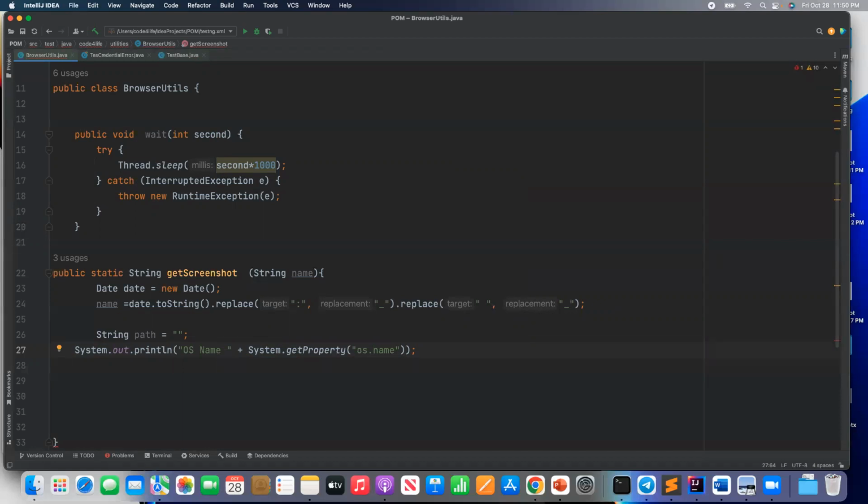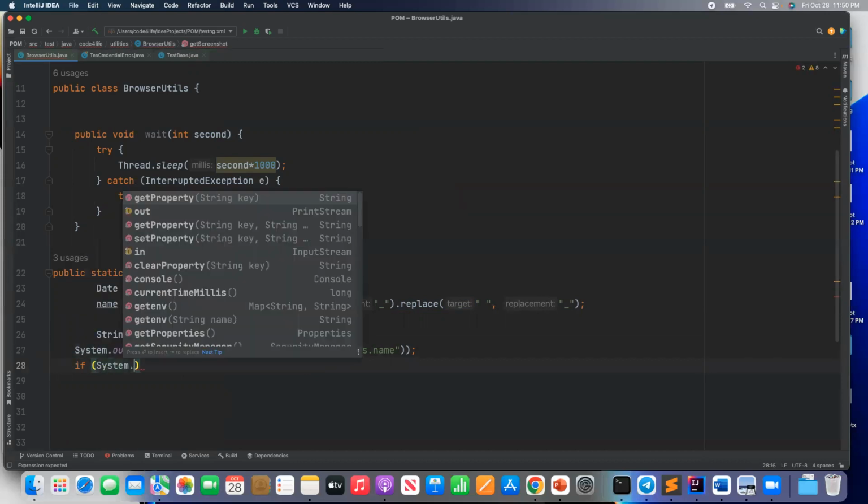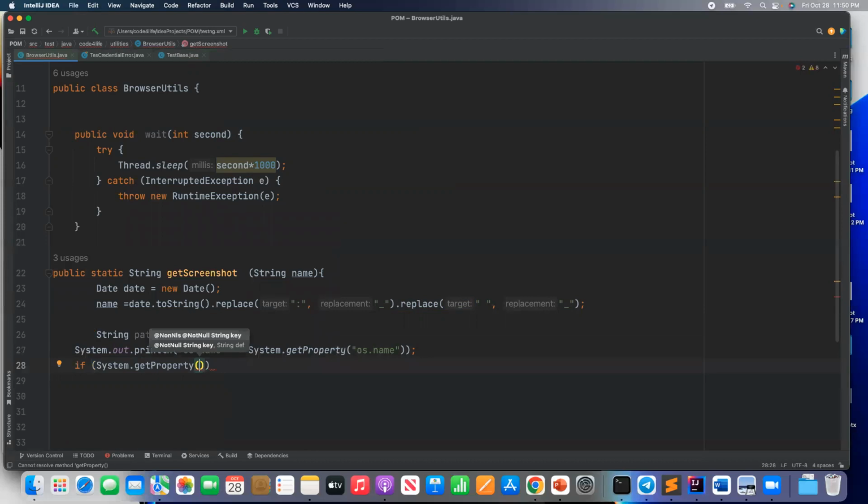You can get the name, you can get the version, you can get whatever. There are a lot of methods. So getProperty is a method that comes from System, and here you pass the key, then the method returns the value. Okay, it's in the form of key-value. All right, so now let's actually develop this for both the Mac operating system and also for Windows. So I can say, if System.getProperty, let's say as the OS name,